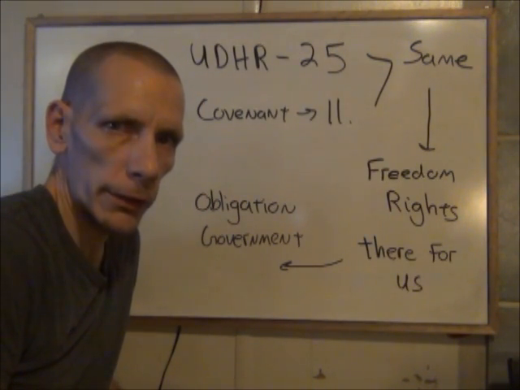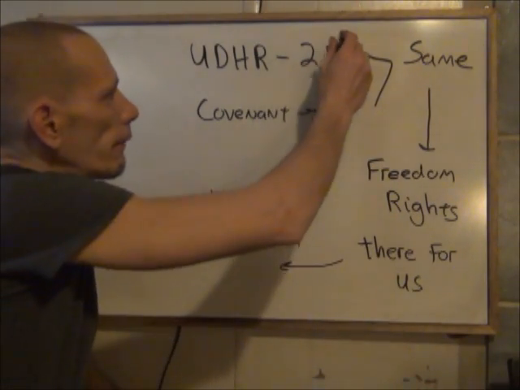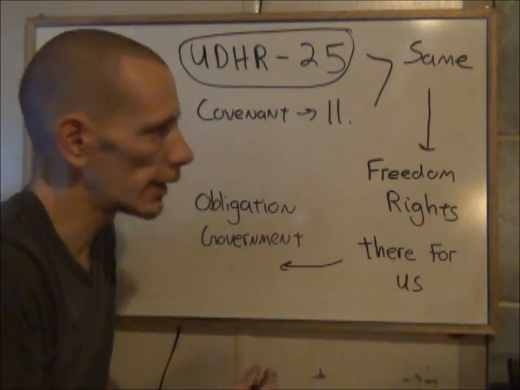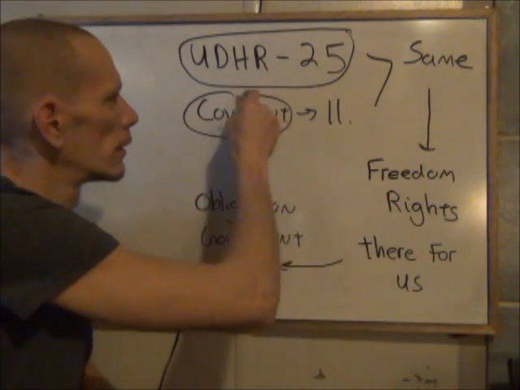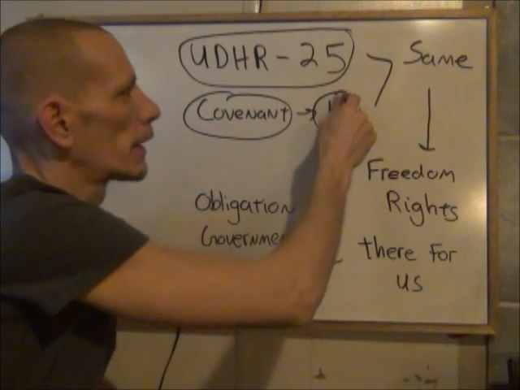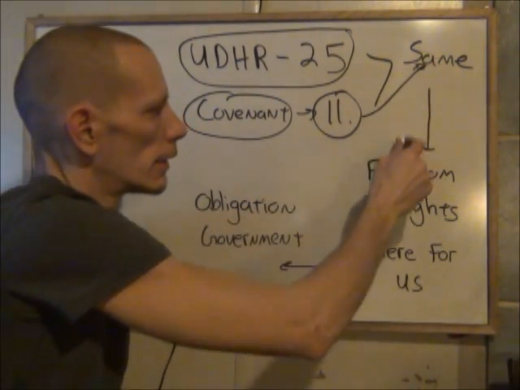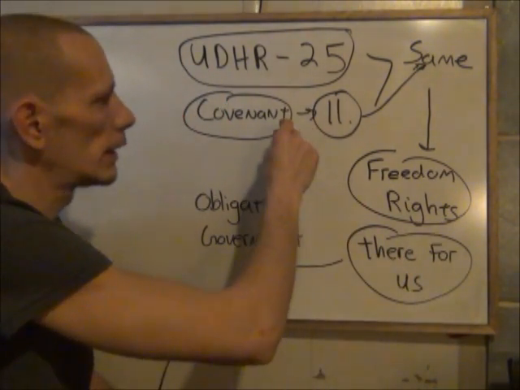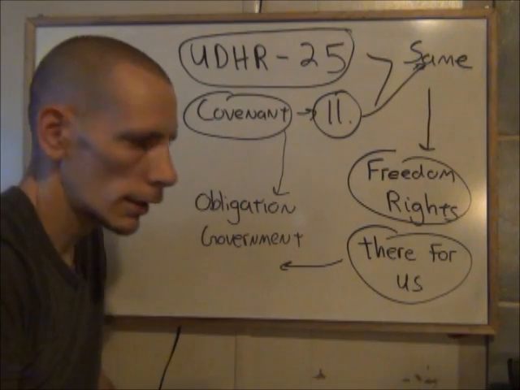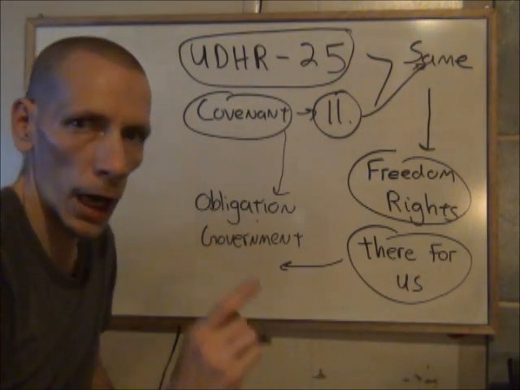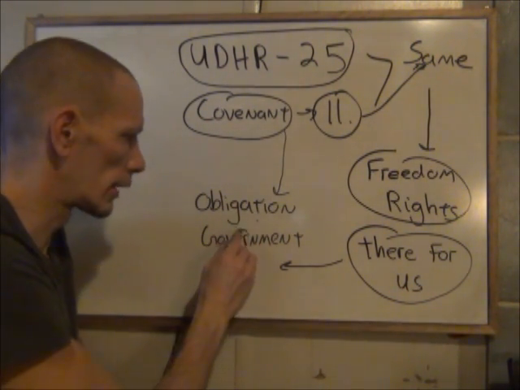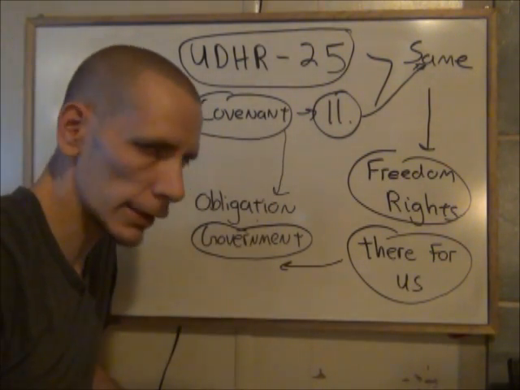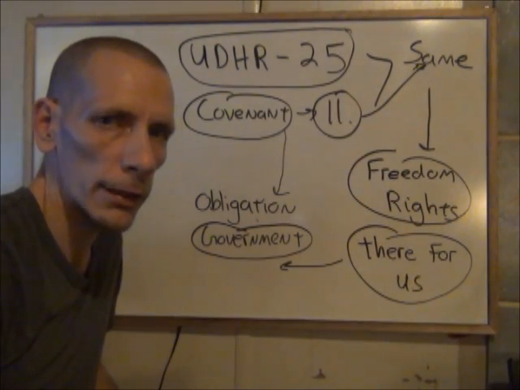in the Universal Declaration of Human Rights and Freedoms, Article 25, I'm sure, hopefully my viewers are aware of what that stipulates. It ties in, as you saw, with the covenant in Article number 11. Both declaring the same rights and freedoms that we have, that are there for us. Just declaring it more in the covenant, because the covenant now is saying, listen, the member states have an obligation, a legal obligation. So the government has a legal obligation now to ensure that those rights are being respected or fulfilled. And if not, then